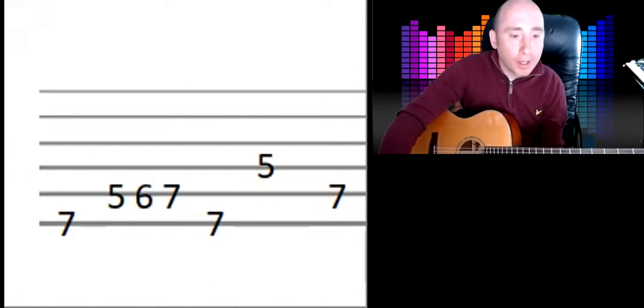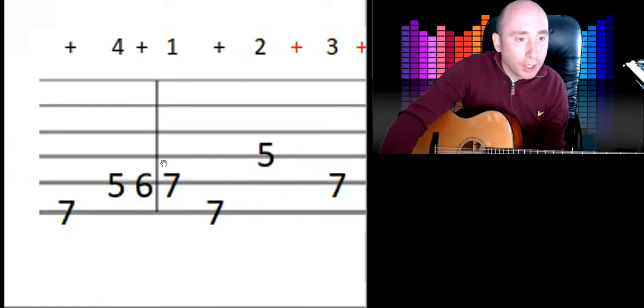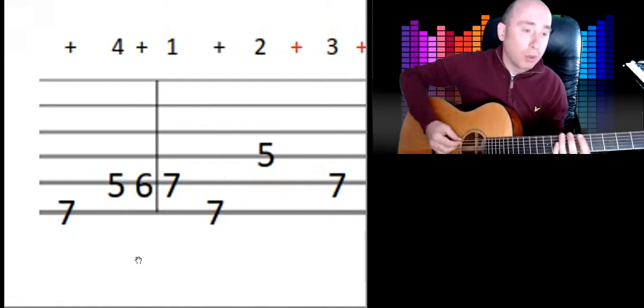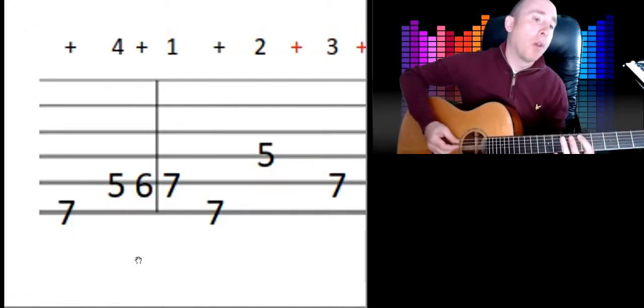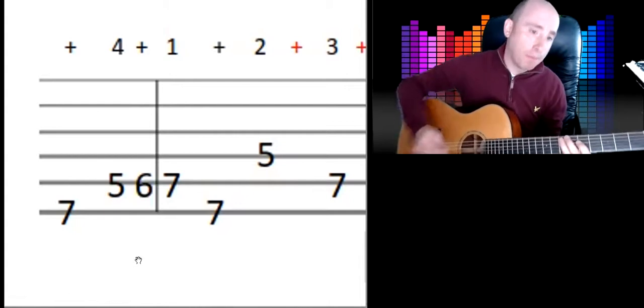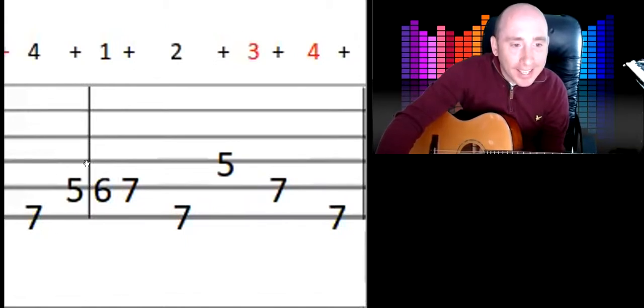So if I look at the very first one, if you look at this 7 here, it goes 7, 5, 6, 7. This is where the 1 is. So it goes do do do 1, 1. Okay. So if we go to the next one,